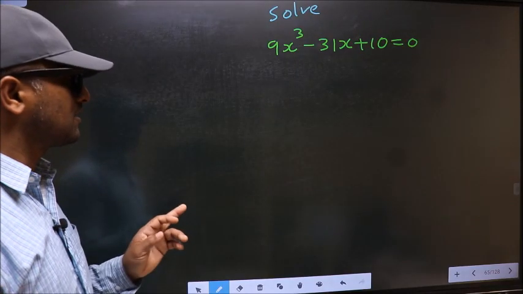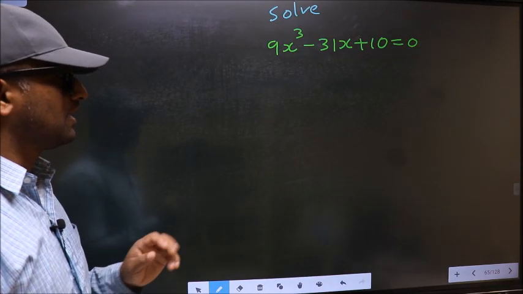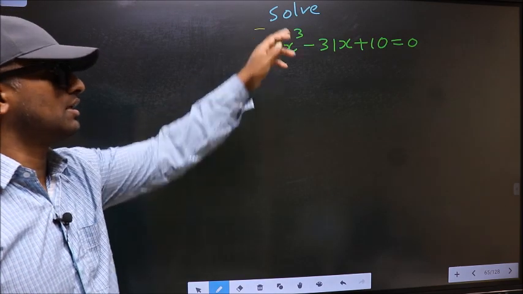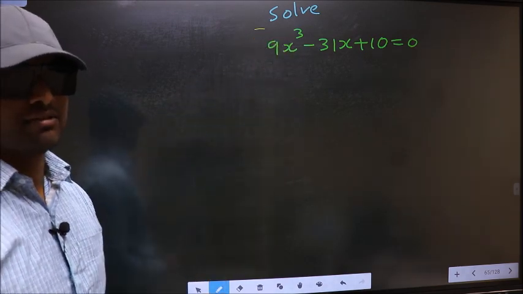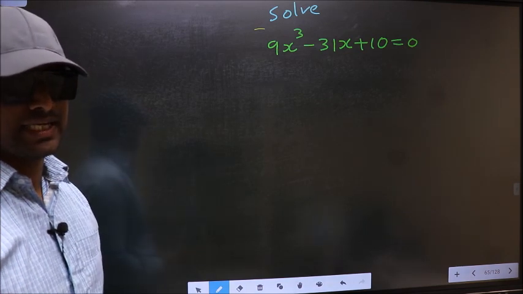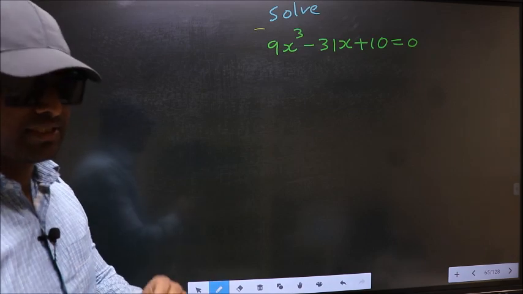Solve 9x³ - 31x + 10 = 0. Here they told us to solve, which means we should get the values of x. For that, here we have to change the x term. What I mean is, see,